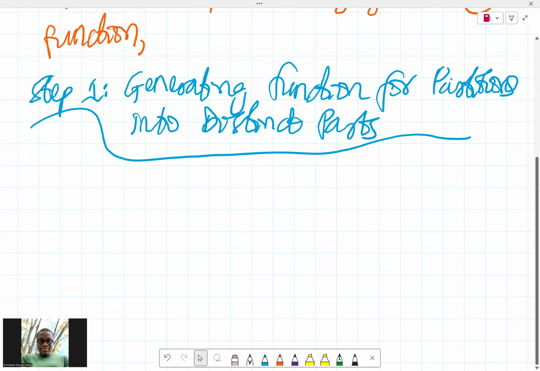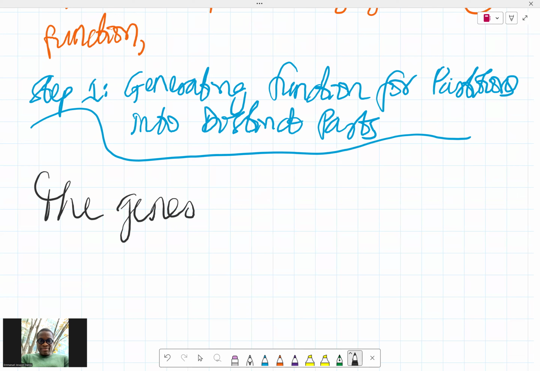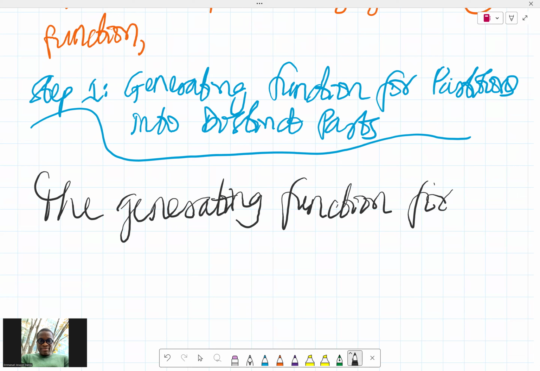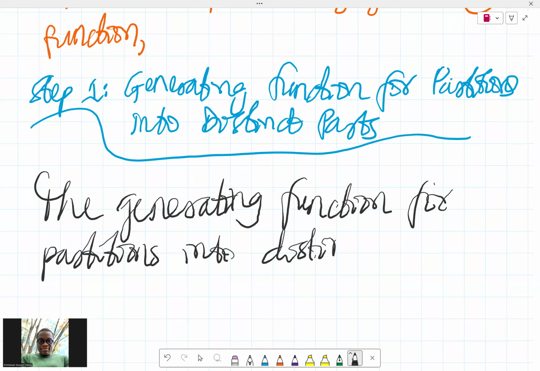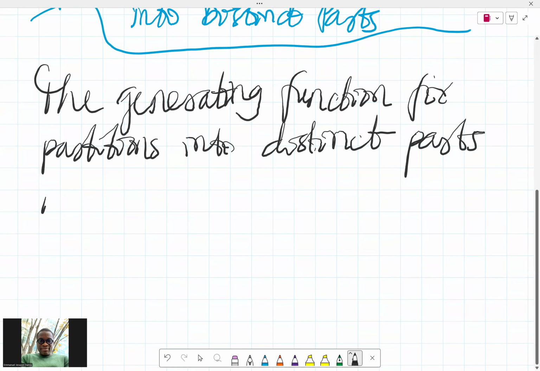Okay. Now the generating function for partitions into distinct parts is given